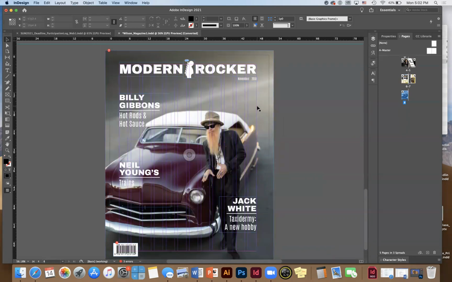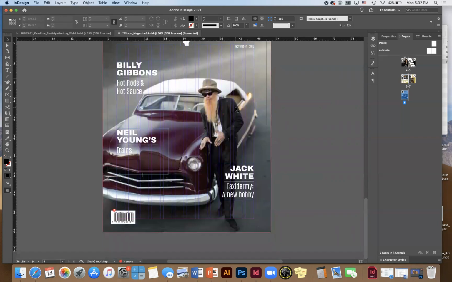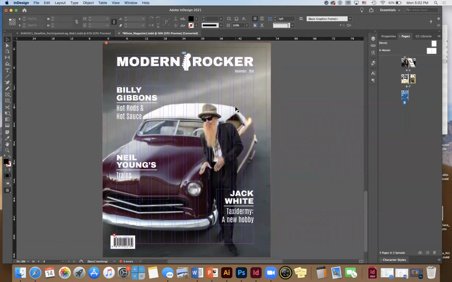And then we're going to do a print cover of an issue of your magazine based on the feature story that you chose. So the cover image of your magazine would relate to the feature story, which is the predominant story in the magazine. We have to imagine there would be other stories in this publication, but in this case, the Billy Gibbons story is the feature of this issue. And so this student, he created a brand for his magazine called Modern Rocker. He included the issue date,